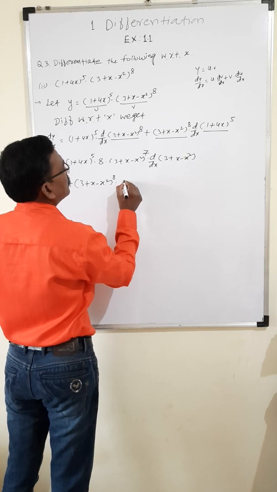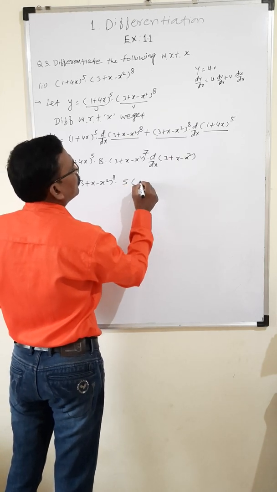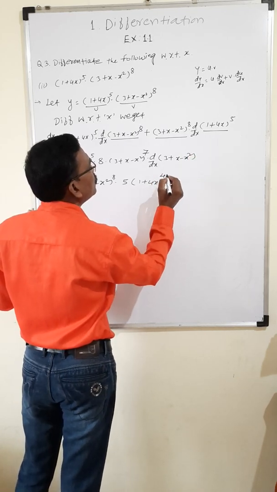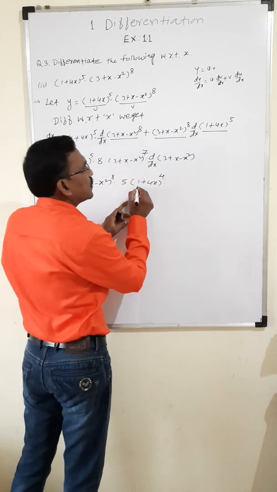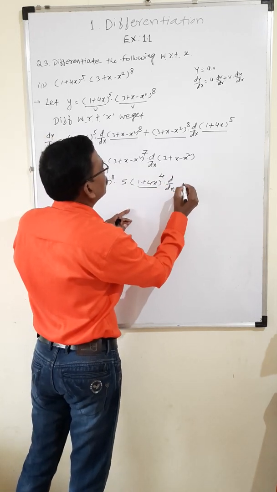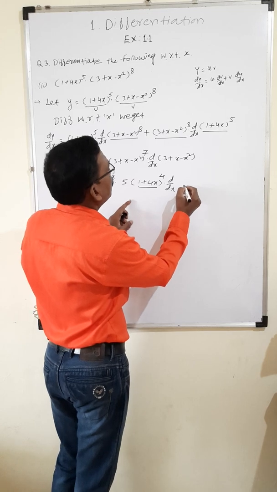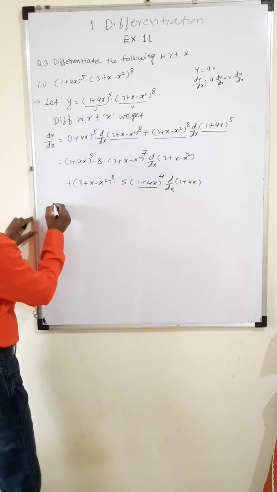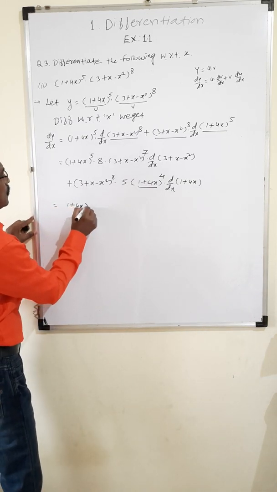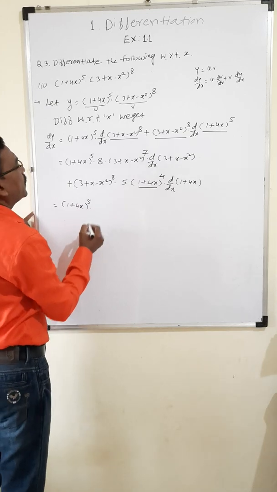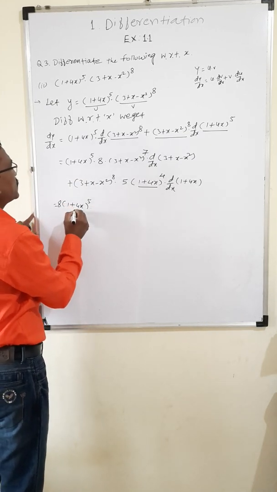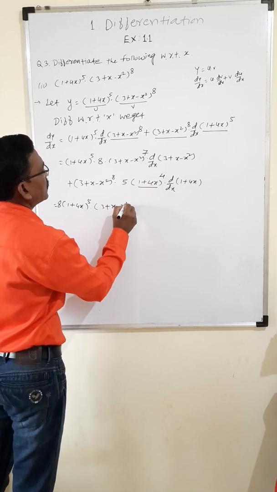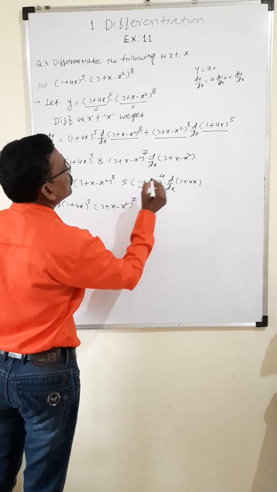So first 5 into 1 plus 4x to the power 5 minus 1, means it is 4, into, again by chain rule, derivative of that function, derivative of 1 plus 4x, it is equal to 1 plus 4x to the power 5 into 8, we take 8 before this bracket, into second bracket 3 plus x minus x square whole raised to power 7 into, we take